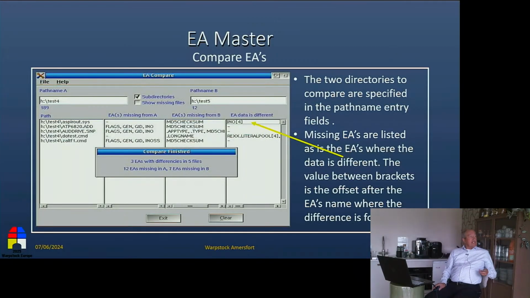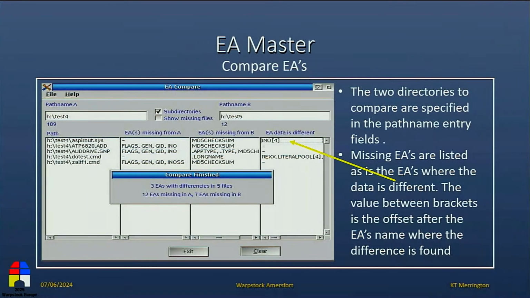So what you get, this is the screen. I'm sorry, I couldn't make it any bigger, but I thought the screen was going to be bigger. But what you get is the file. It tells you if any EAs are missing from directory A or any files missing from directory B. It will then tell you where and what EA is different.